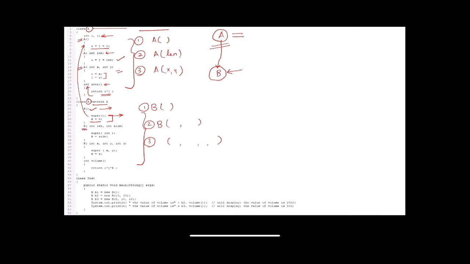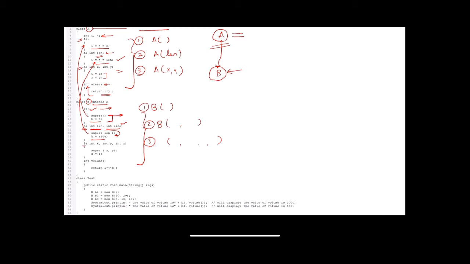Similarly, in the next B constructor, I have initialized two variables where the first parameter, len, has been passed to the super method, which is used to define the values of my parent constructor taking a parameter len. So len is passed to the super method, which is internally passed to my parent constructor, and my I and J values are initialized to len. Now my k value is initialized to side.